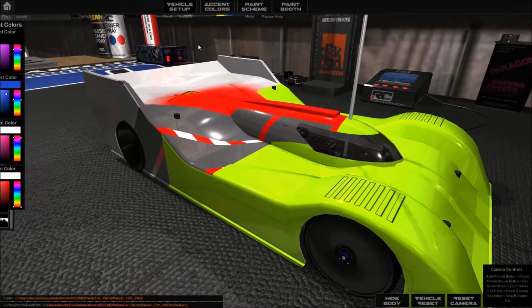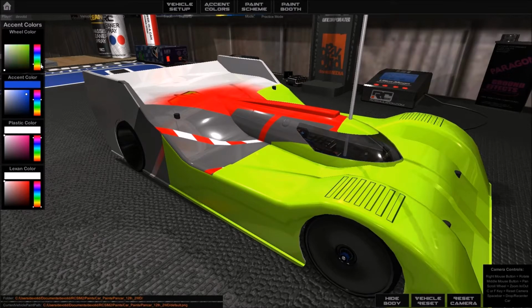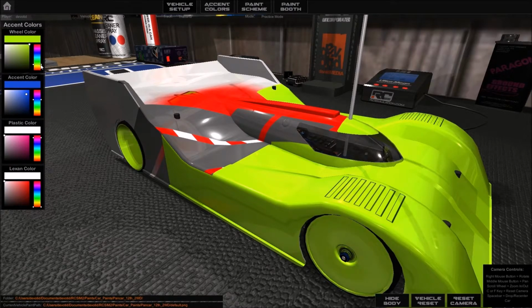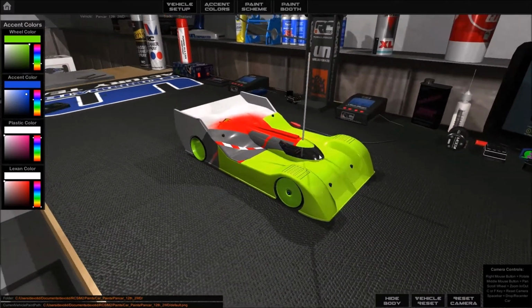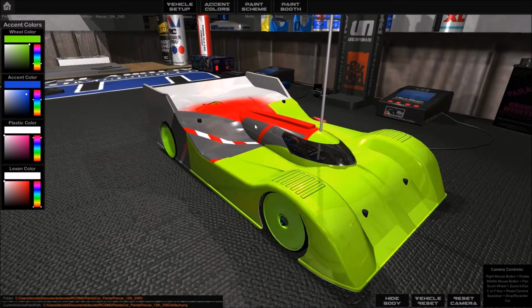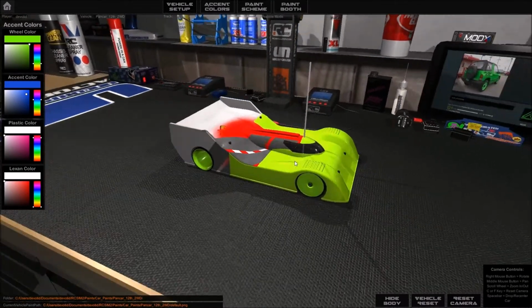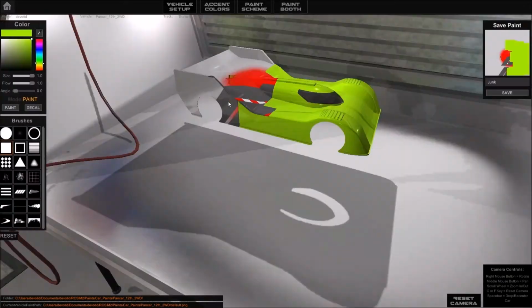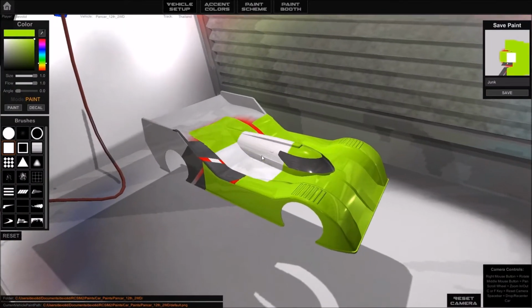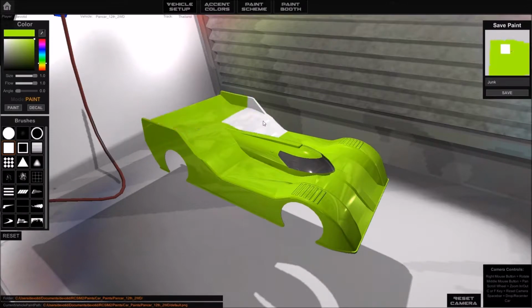So now you can go back to accent colors. You can adjust this wheel color to match, which is some nice styling wheels. As you can see, in just a few seconds we've created a horrendous paint job, but truly a unique one. So you can go back, maybe finish up painting this all yellow, and then